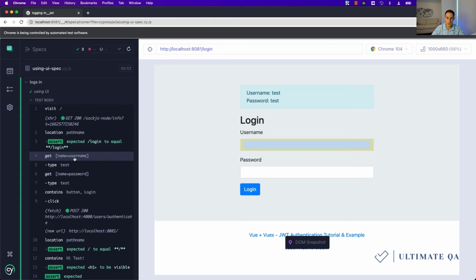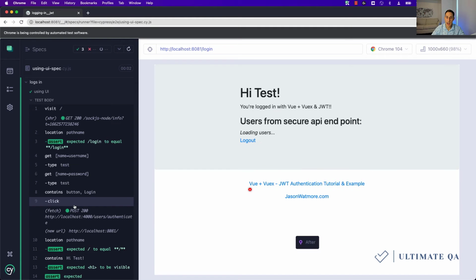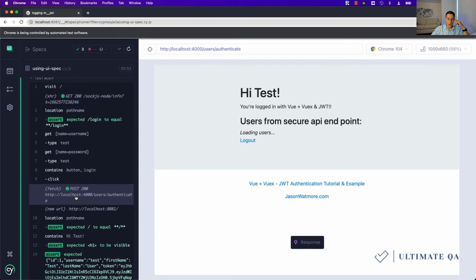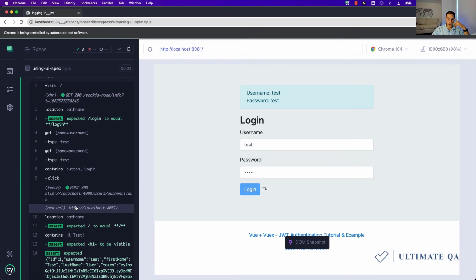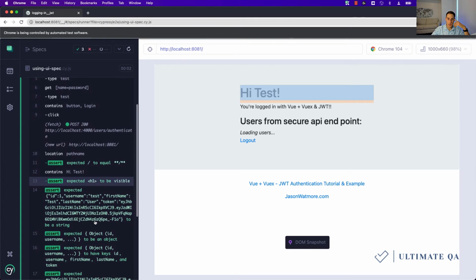Which is basically getting the username, typing in that username, typing in the password into the password field, and then clicking the login button. And you can see what happens before and after. Afterwards, we are basically checking here. You can see there's a web request happening of a POST 200, and then we're doing a number of operations, such as making sure that we are at the correct URL, expecting this header to be visible, and then